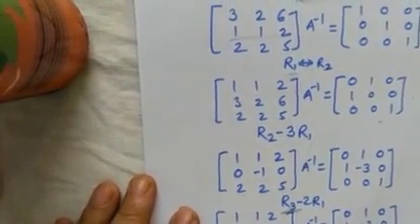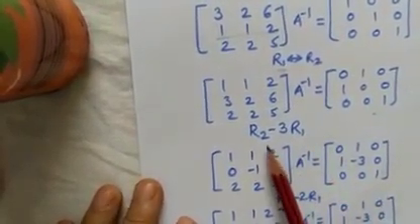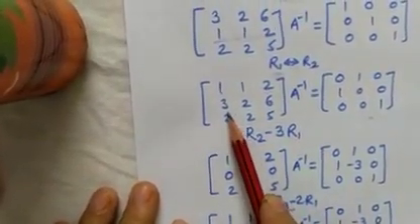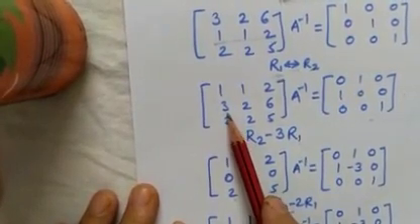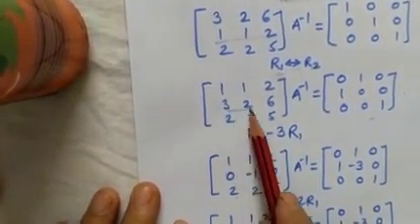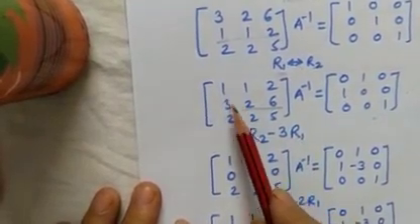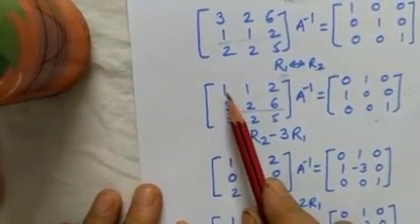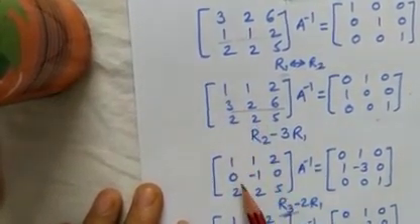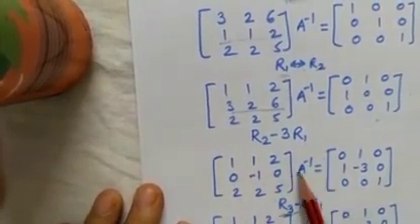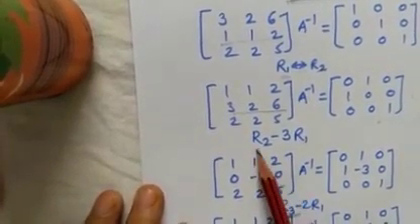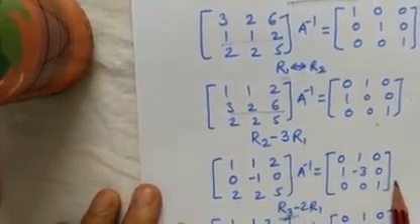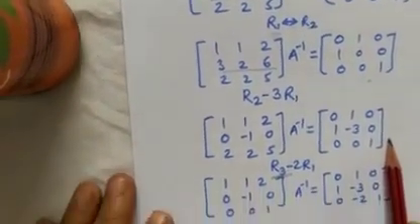Now go by the steps. What are the steps now? First of all, R2 minus 3 R1. R2 means these are the elements. We want to convert this element to 0. That's why R2 minus 3 into R1. See, we want this plus something to be 0, so R1 should be multiplied by 3 so that this will become 0. Converting each and every element, performing the same operation R2 minus 3 R1, we got this element. The same operation is performed on the RHS also.